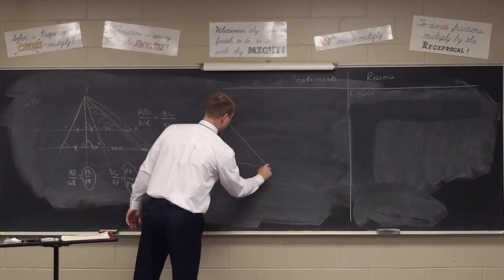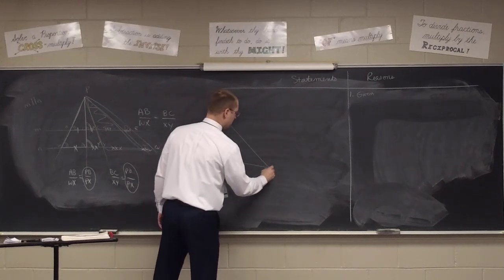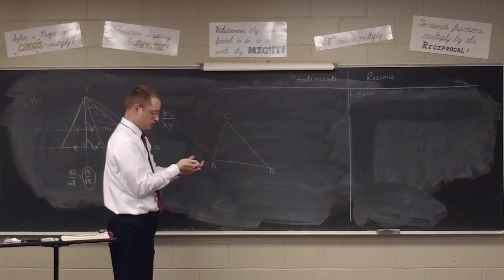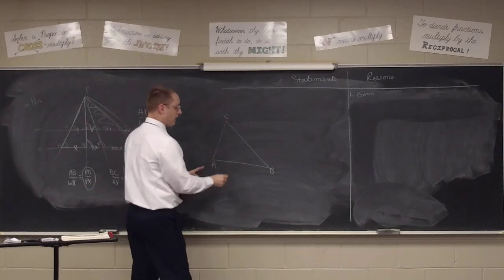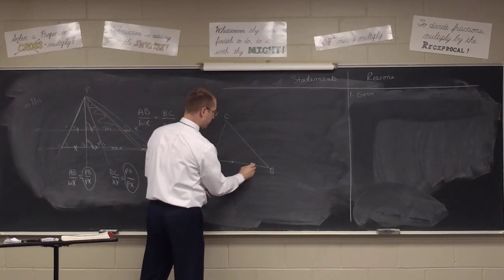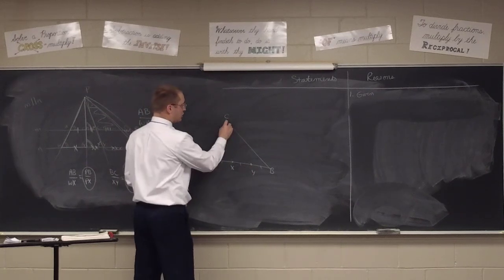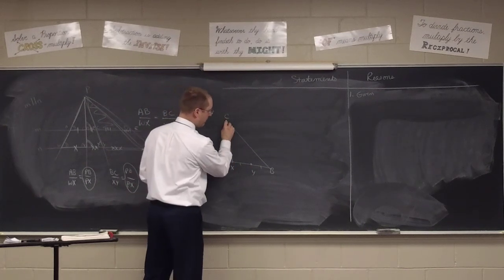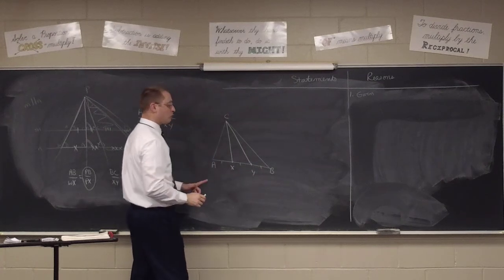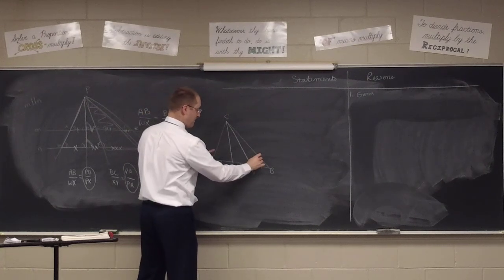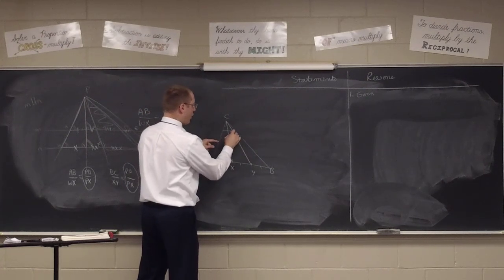Prove that these lines trisect all lines parallel to AB and are terminated by the other two sides. All right, so here's the idea. We've got trisection points of AB. We'll call them X and Y. So I've got 3 equal segments. It says lines are drawn to the vertex from the trisection points. Prove that if you draw any other line parallel to AB in between these sides, that they'll all be